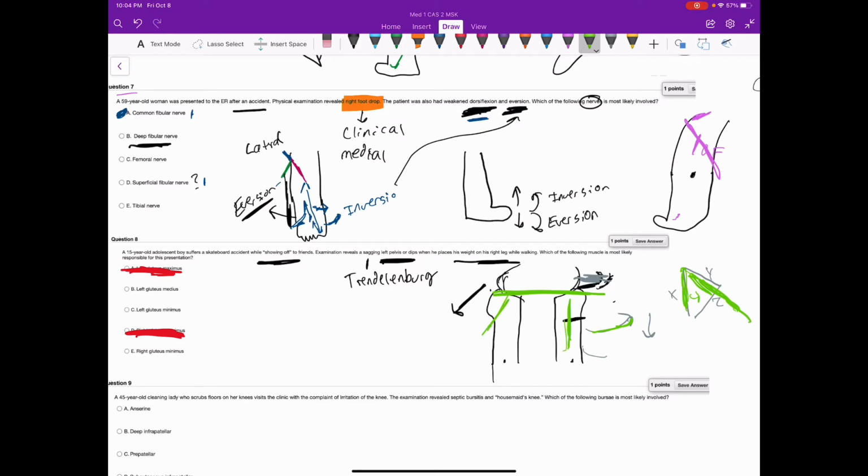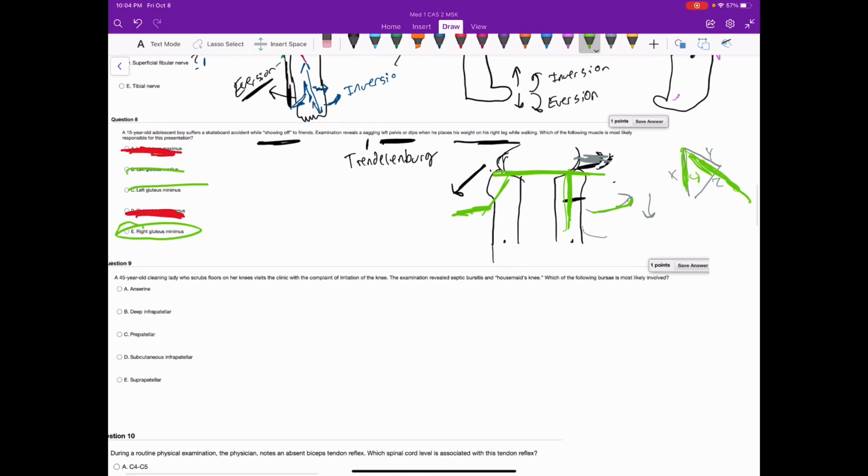He's going to be lower because this guy's standing straight up. So if he's standing straight up, the left leg is affected. Thus, the right gluteus minimus is the affected muscle. Okay. Now, number 9. A 45-year-old cleaning lady who scrubs floors on her knees visits the clinic with a complaint of